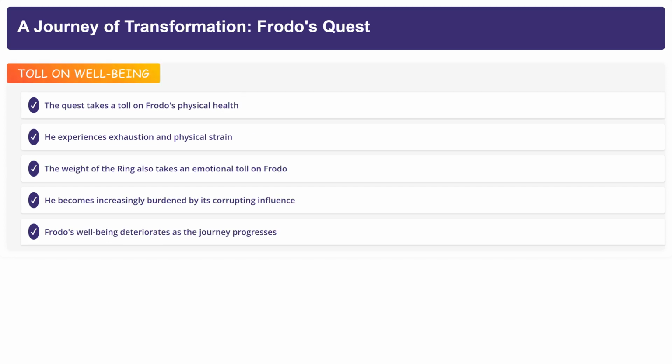The quest to destroy the One Ring exacts a heavy toll on Frodo Baggins. Physically, he endures exhaustion and strain from the arduous journey. Emotionally, the weight of the ring takes a toll on his mental well-being, as he becomes increasingly affected by its corrupting influence. As the journey progresses, Frodo's physical and emotional well-being deteriorates, showcasing the high price he pays in his